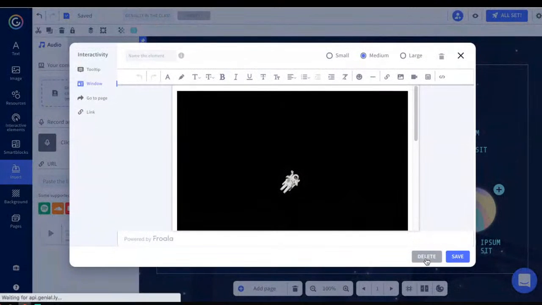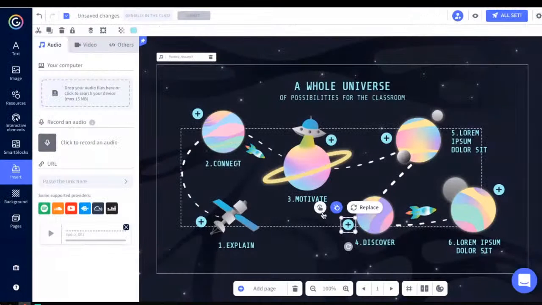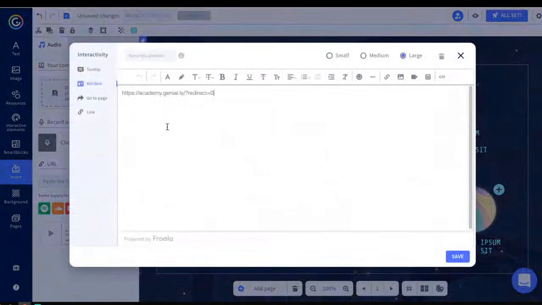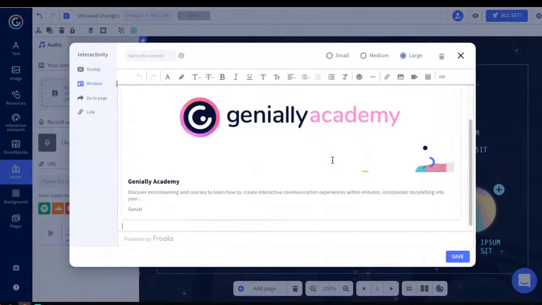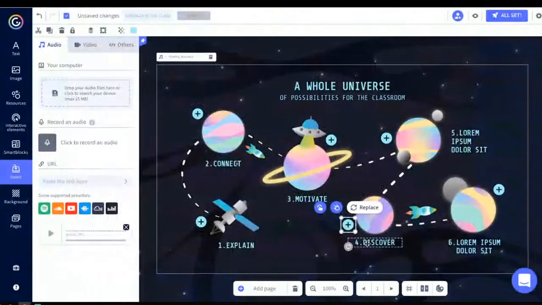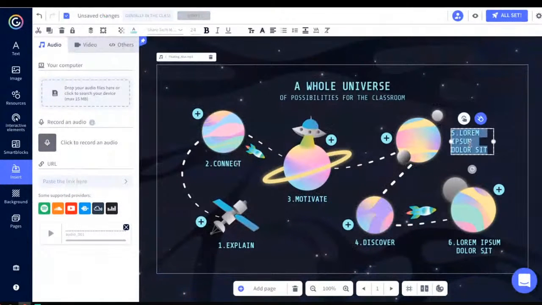I'm gonna delete the content that comes by default, and I'm gonna do window, and I'm just gonna paste the URL here, okay? You see, it automatically renders on the window, okay? And I click save. Okay, discover, and then number 5 is gonna be